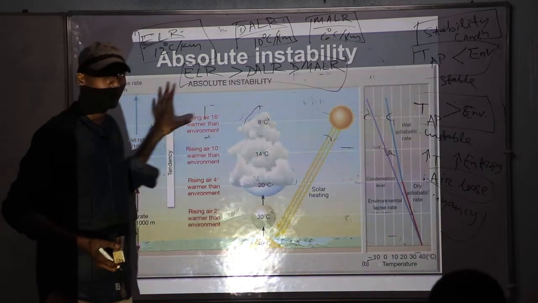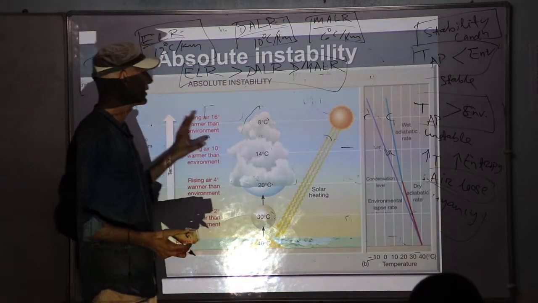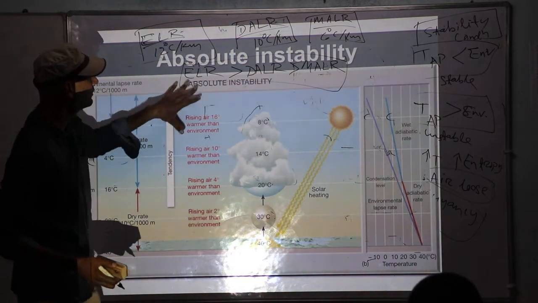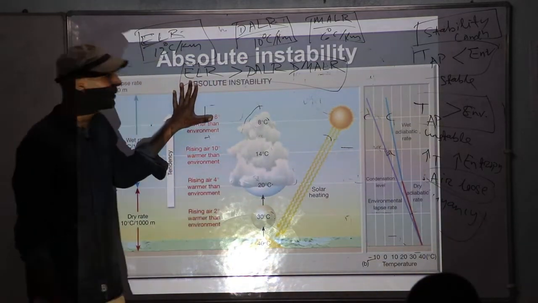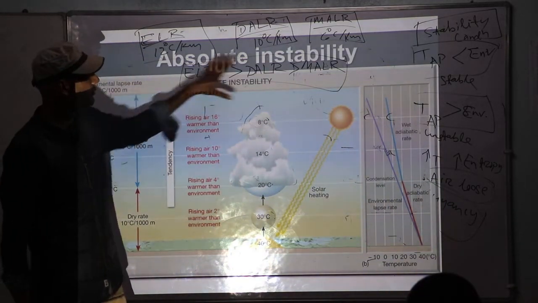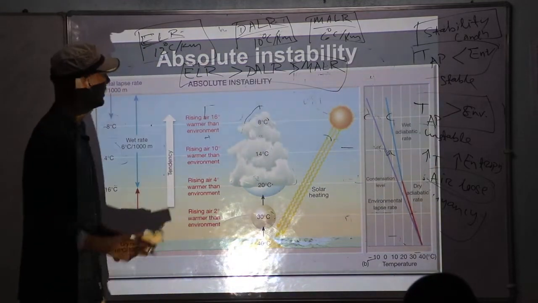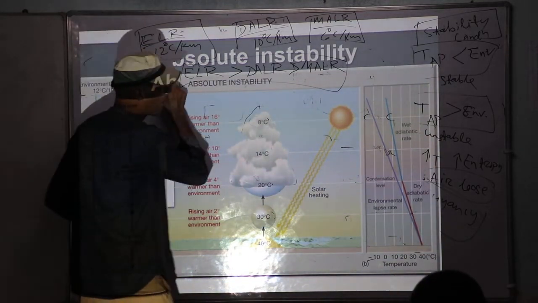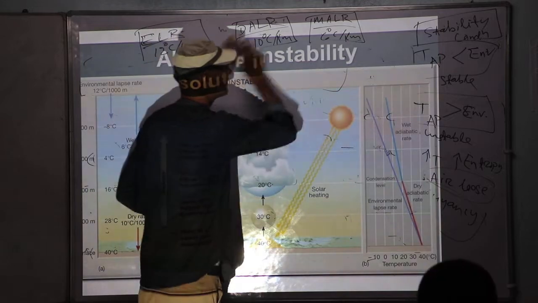These patterns are repeatedly asked in the NET exam. So you can note the sequence: when environmental lapse rate is greater, that will lead to absolute instability. And in the previous case, for stable atmosphere,